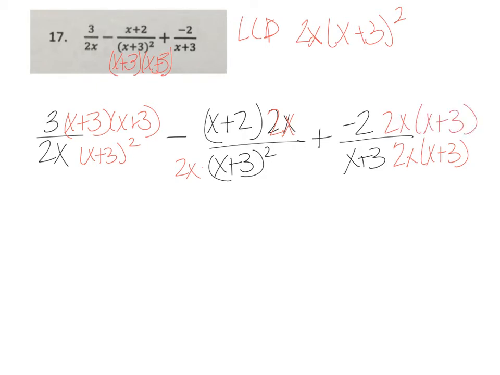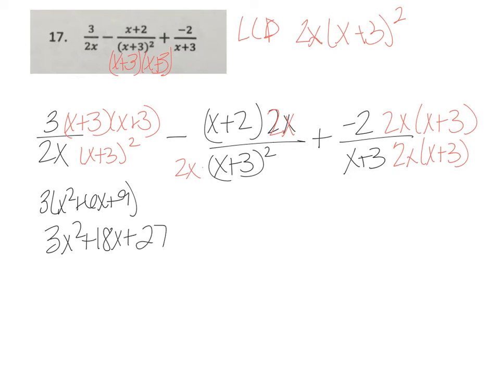So now I need to distribute before I can simplify. I have to make it into one fraction before I can do any simplifying. So x plus 3 times x plus 3 is x squared plus 6x plus 9, which is then 3x squared plus 18x plus 27 over 2x times x plus 3 squared